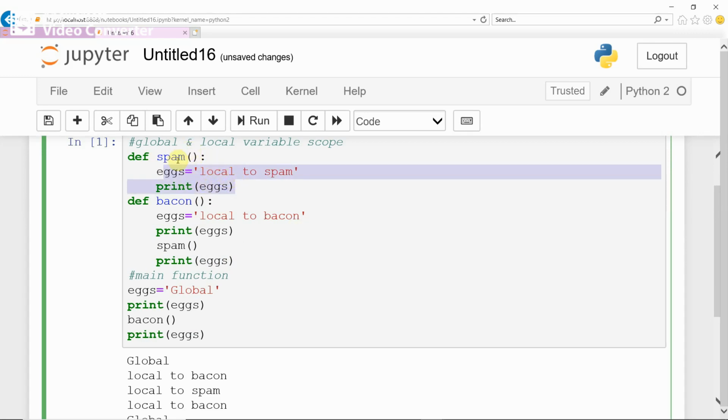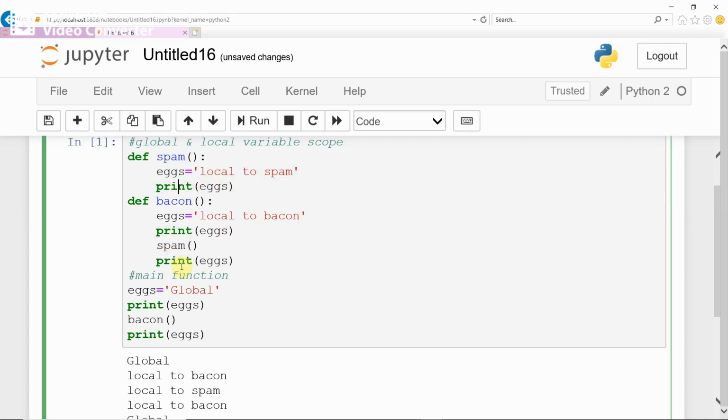In the span function, "local to span" is stored in x. Therefore that span function executes and "local to span" will be output. In the span function there is a print x, and it prints local to span, because that x is local to the span function.